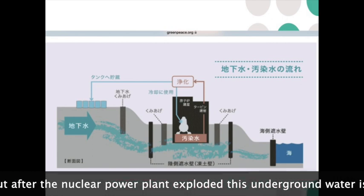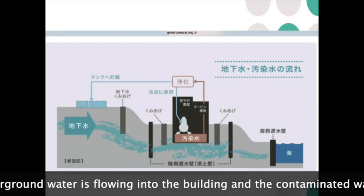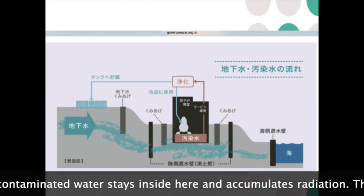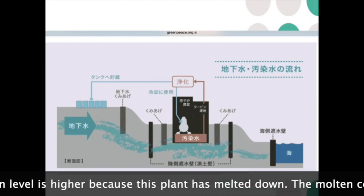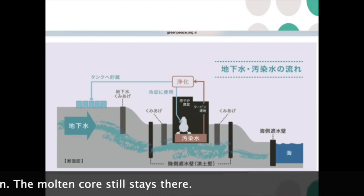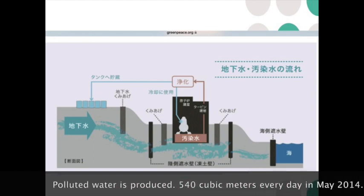So the contaminated water stays inside here and is exposed to radiation, and the radiation level is high because this nuclear power plant had a meltdown, and the melted fuel still stays at the bottom. So this polluted water occurred at 540 cubic meters every day in May